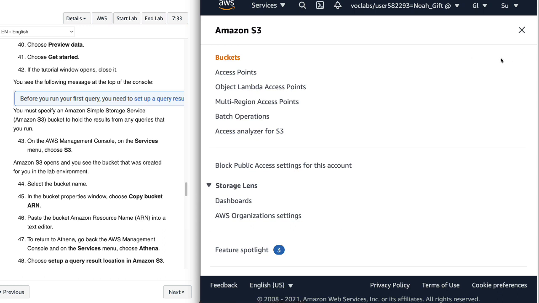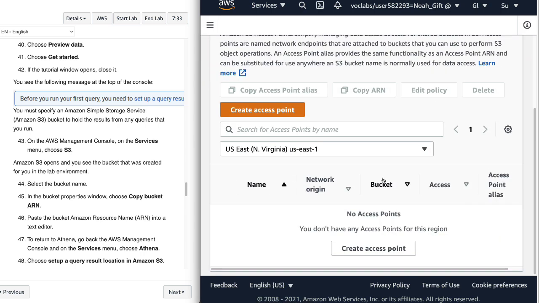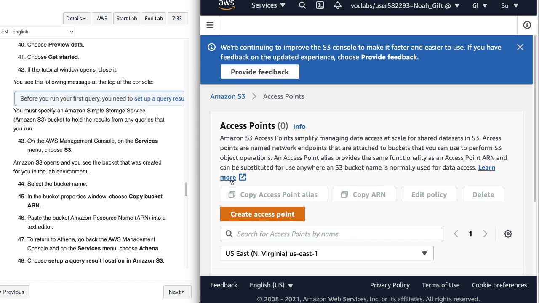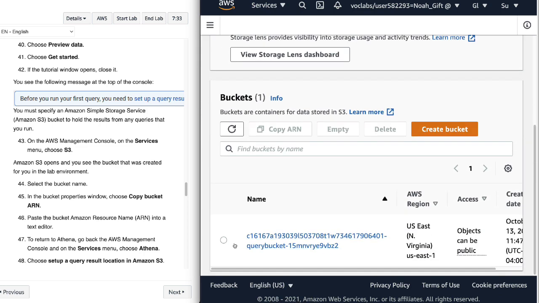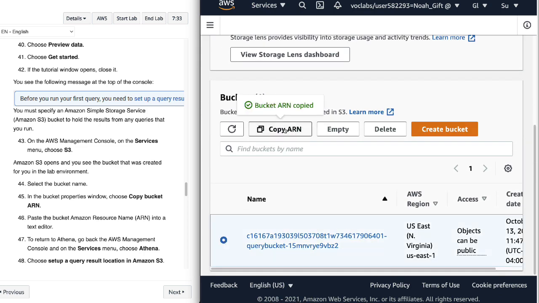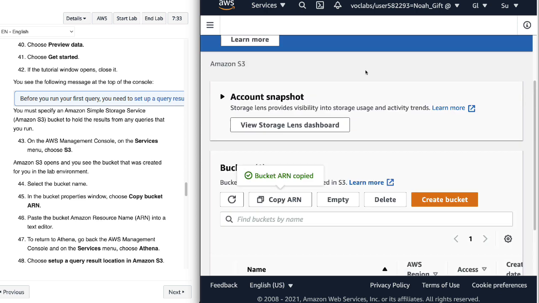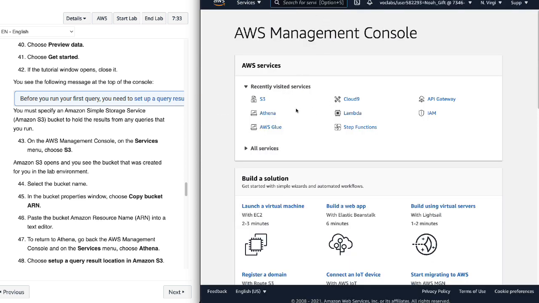And so in order to do that, we can say here, access point, and we can go to the bucket name, buckets, click on this, copy ARN. That's what we want to click. And now we're going to go to Athena here,